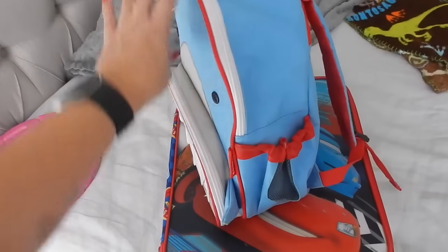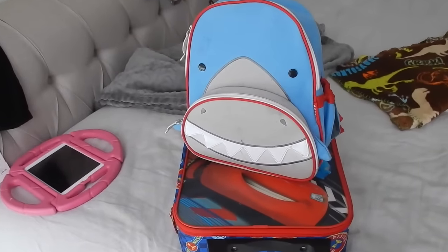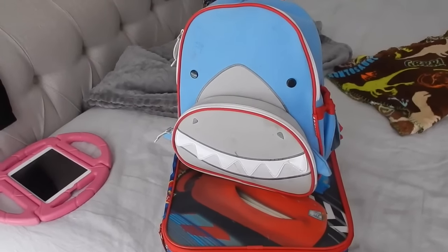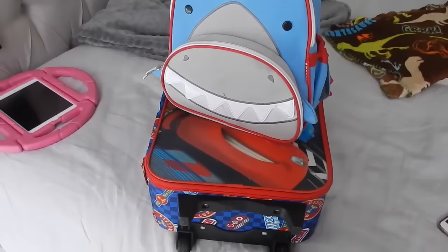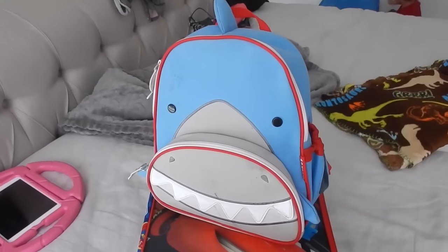So Benji's going to be bringing 2 carry-on items, which is not recommended. I would not recommend it, even though I'm doing it, and it's not ideal. If you can get away with just something this size, that would be great, or just the carry-on, but not both. But little stubborn over there will be wanting to bring this. So this is how I've done it. In his little roll-on carry-on,